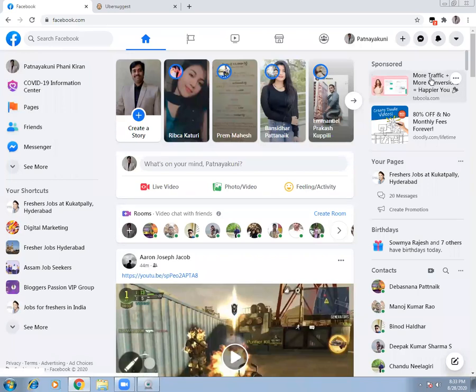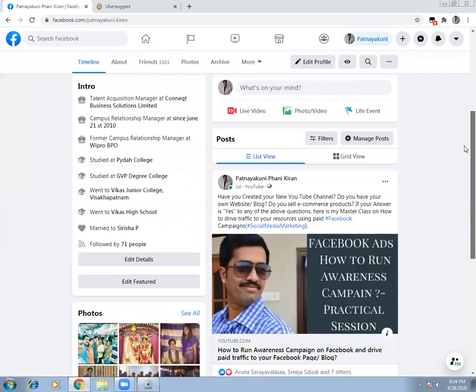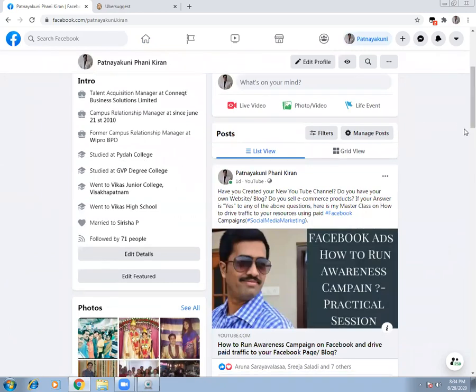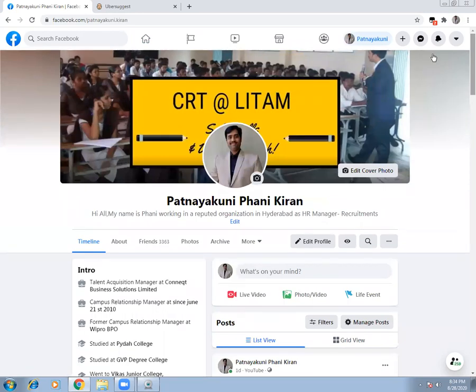So here they are trying to generate more traffic and create awareness for their new products, or if it is already an existing product, it is also giving you lead forms where they are trying to drive traffic to their new product. So this is how people are sending it, and these are all called display ads. When I'm checking my Facebook page, wherever I'm going, these ads are following me. So you can see that I'll keep getting some kind of an ad here, there, somewhere or the other. That is what is called a Facebook ad.